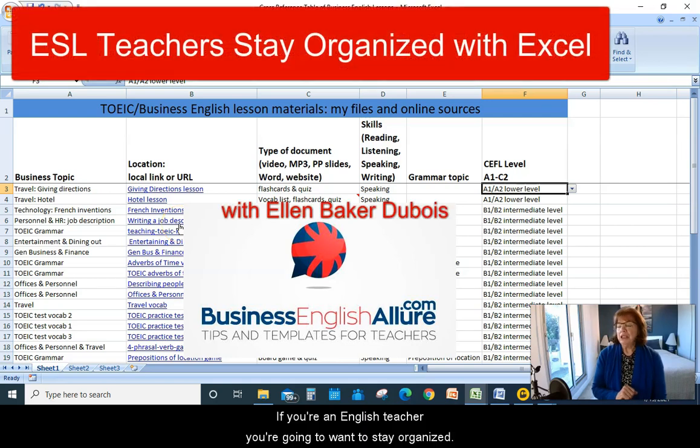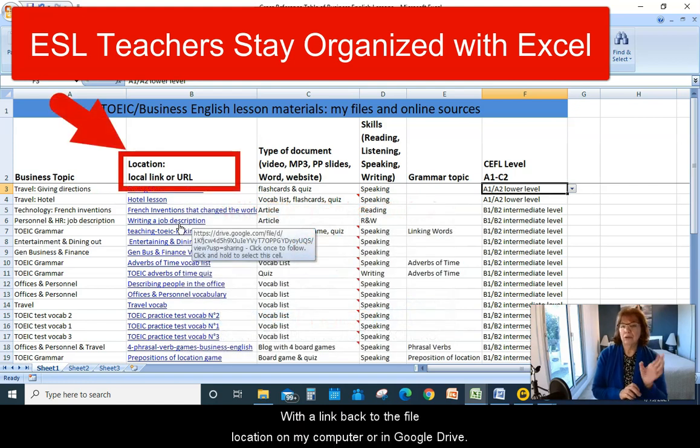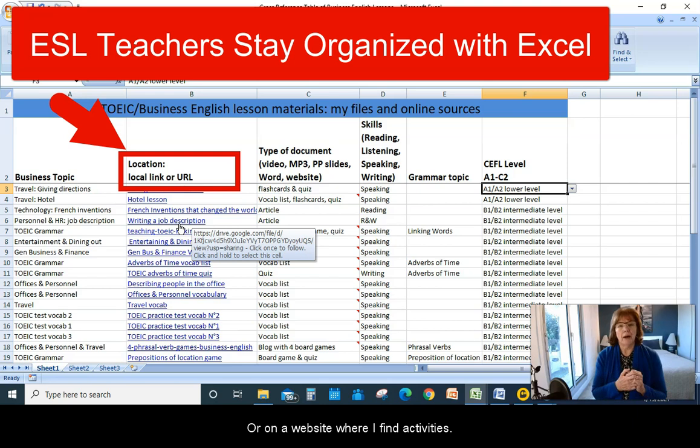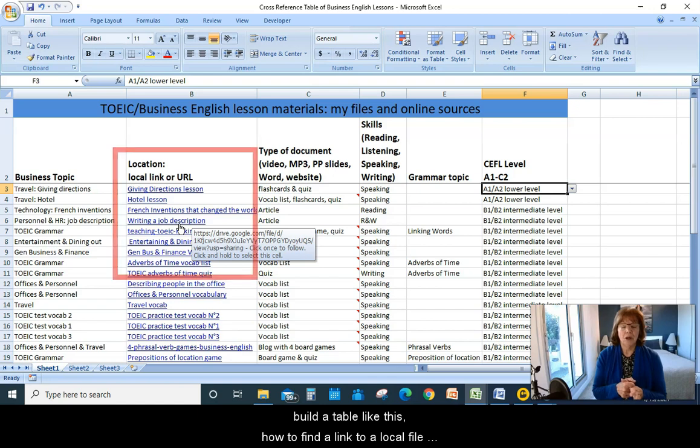If you're an English teacher, you're going to want to stay organized. And the way I do it is I put all my lessons into an Excel table with a link back to the file location on my computer or in Google Drive or on a website where I find activities. So here's my table, and we're going to learn today how to build a table like this,